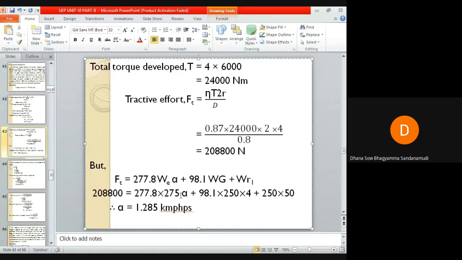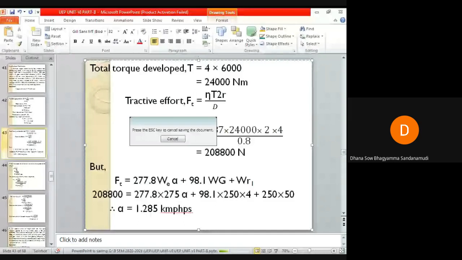You just substitute all these and simplify it, you will get the acceleration. But they didn't ask you to determine the acceleration. They have asked you to determine the time taken by the train to attain the speed of 50 kilometers per hour. Why we have determined this acceleration, you will come to know in the next slide. You just solve on your own, verify the answers from this PPT. Try to solve on your own. As soon as you complete, inform me. Don't copy it.